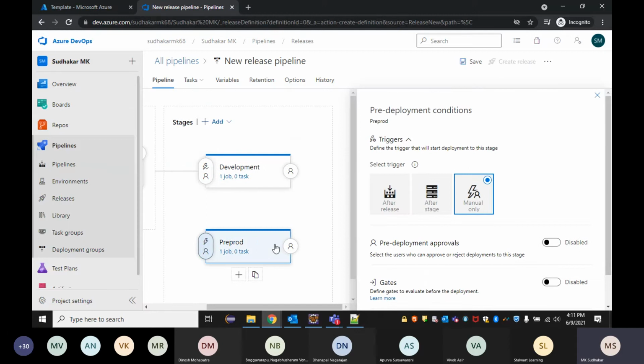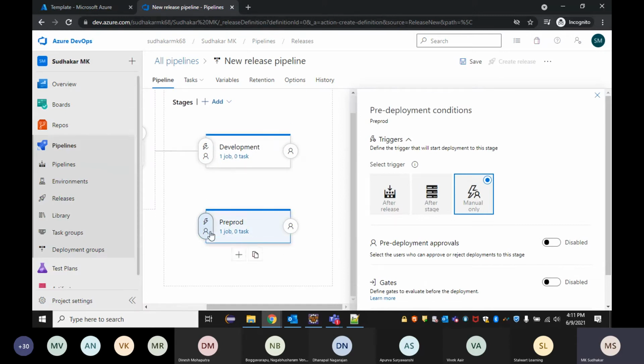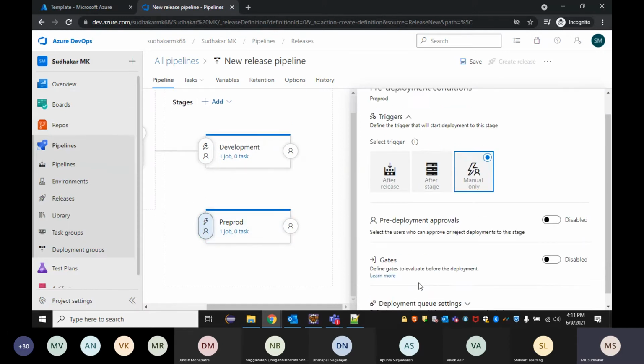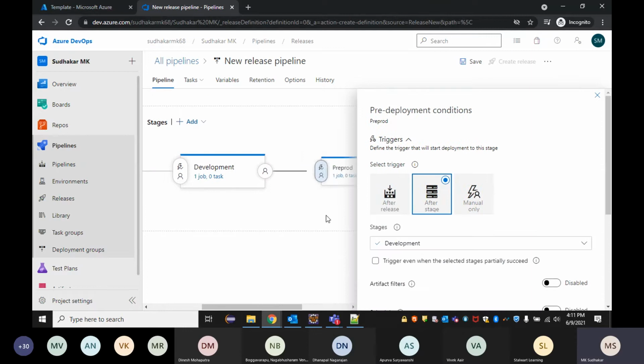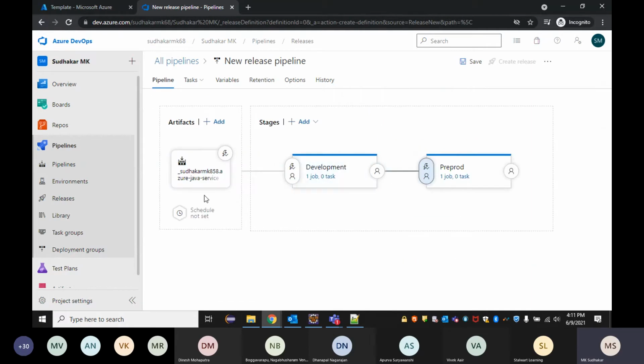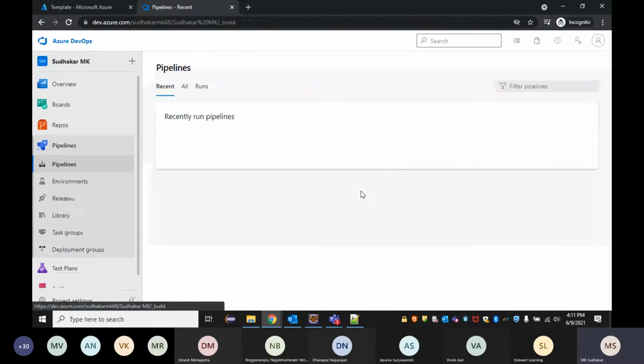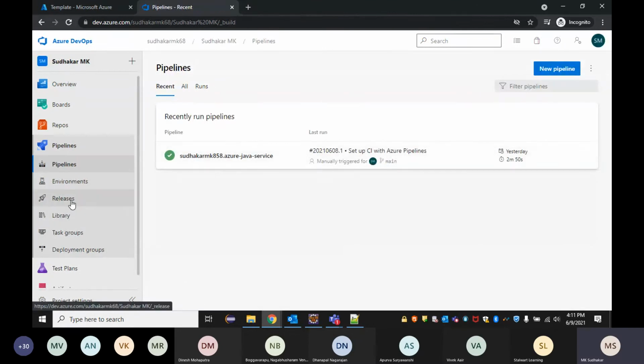Manually, if you want to do something differently, you can create it so that it will not be linked. You need to do that manually. So all this we have here. After stage, I'm going to click because I want to run this sequentially, because right after this should run, this after this should run. And pre-prod, we can create task. So this is how you can create your releases. Let me go back and show you what I already have in releases here.